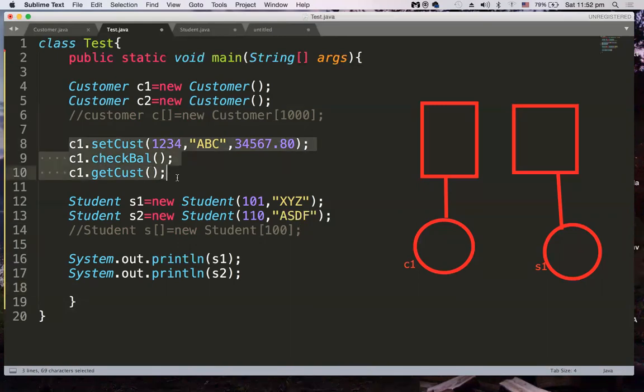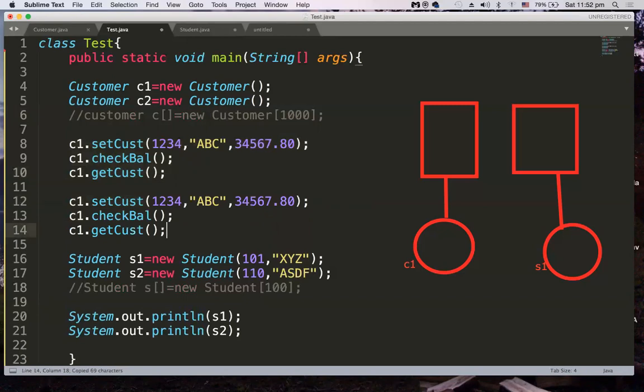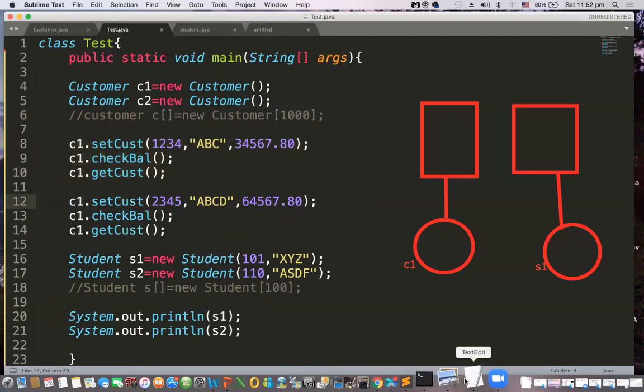So these three things you can copy and paste again, and we have to provide the details. Let's say the customer ID is 2345 and the name is some ABCD, and we have some balance, that's it, and checkBalance, getCustomer. These are the methods which retrieve some values from your object, right?